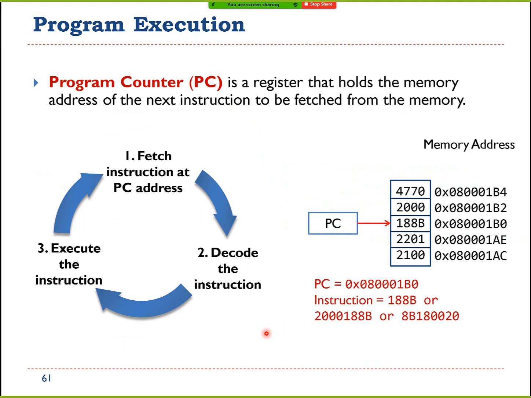We will also be learning about these. So once you execute an instruction or a program, we go through 3 steps. The first step is we fetch the instruction at the program counter register. The program counter register holds the memory address of the next instruction, right? The processor needs to know where the next instruction is, and it stores the address for the next instruction in this program counter. And once it fetches this instruction,